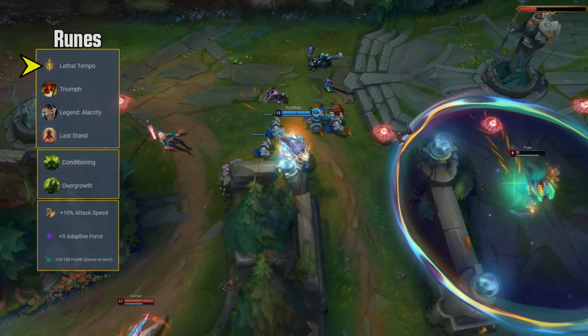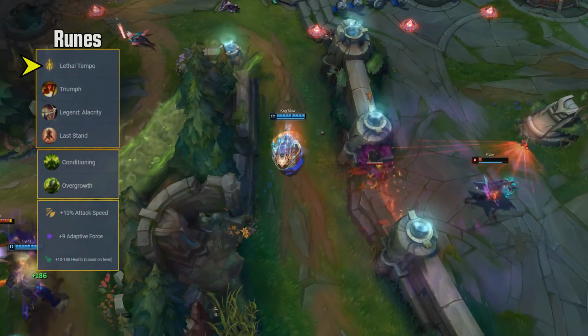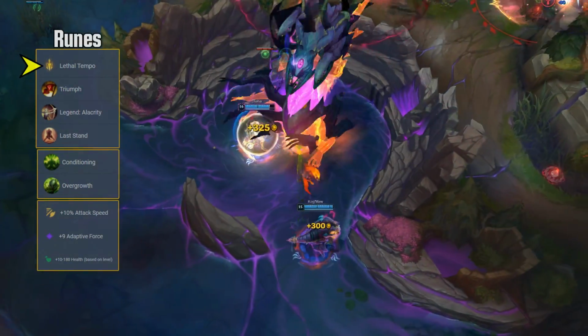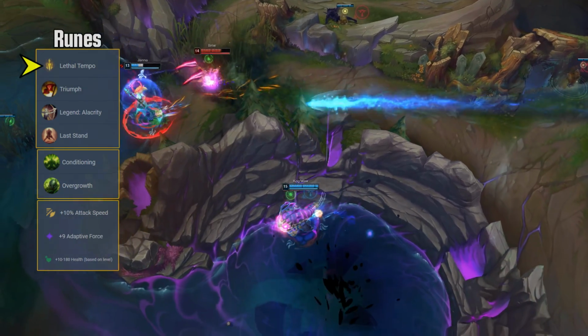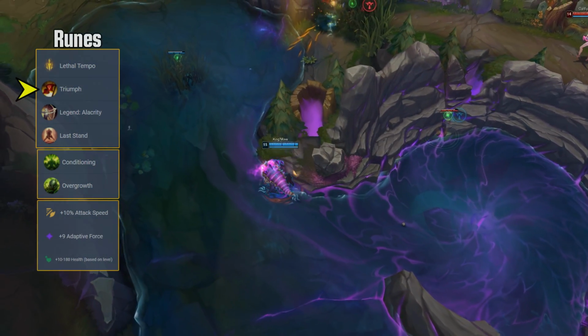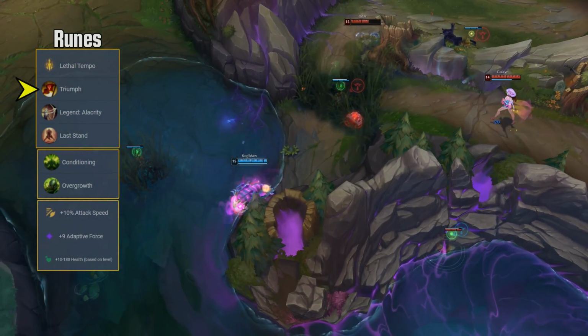And on Kog'Maw in particular, this rune is nothing short of amazing because of his W. Your W damage by itself will carry fights if you have enough attack speed, so it's just the most important stat for the champion. In the next slot, most Kog'Maw players pick Triumph, and the reason is that Kog'Maw's biggest